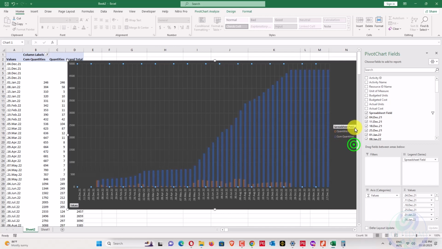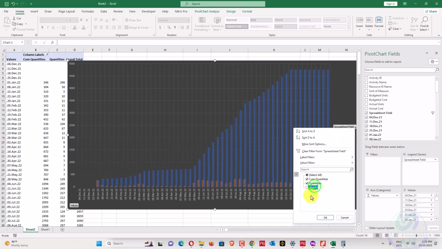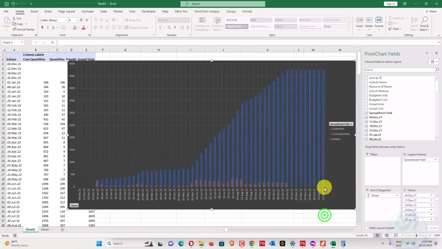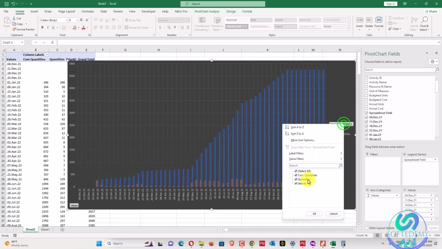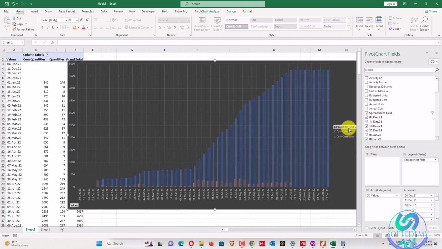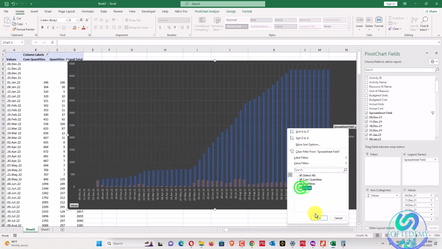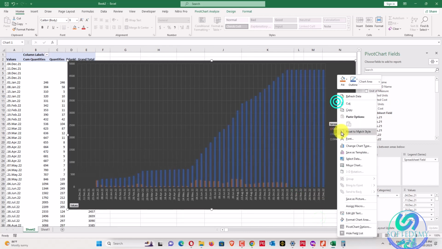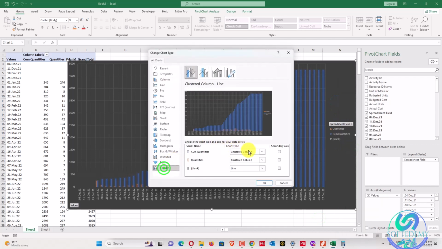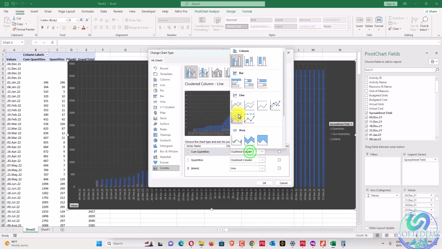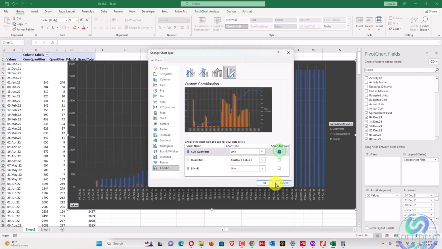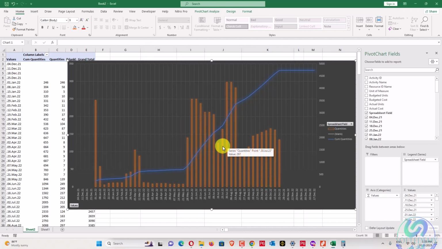The blank we cannot remove, the blanks we will also add here, because there may be some values which are not shown here due to the filter. So we'll go here, select the chart type, combo, and cumulative will be in line, secondary, and press OK.